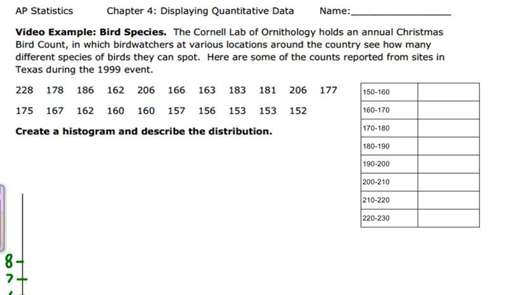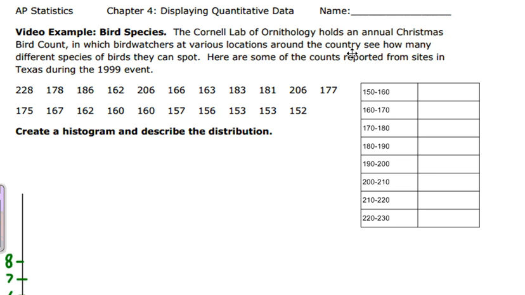Now, the difference between a histogram and a bar chart, besides quantitative versus categorical, is that on a histogram, the x-axis is a range of values, and your y-axis is the frequency of those values. So what we do for a histogram is we look at our data, and my data here is for bird species. It says the Cornell Lab of